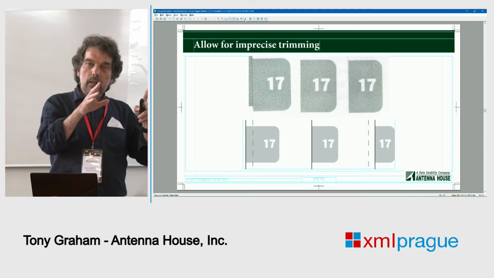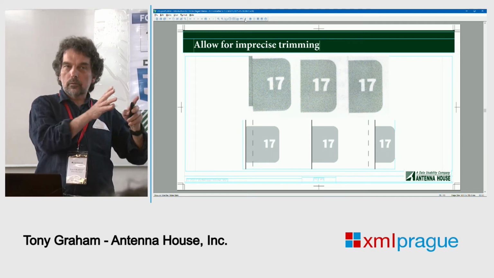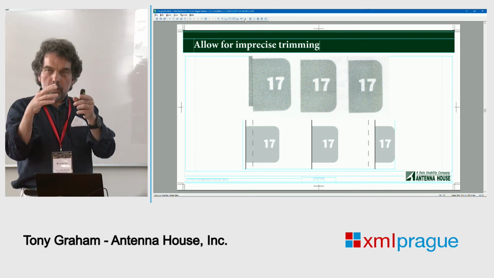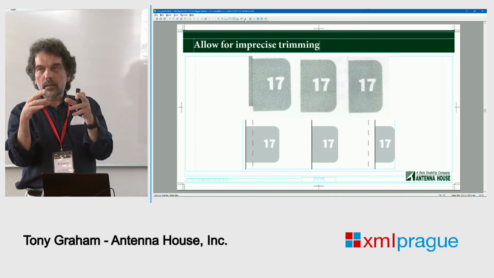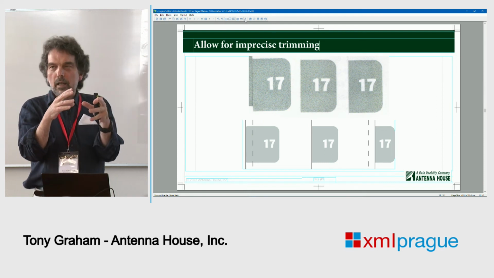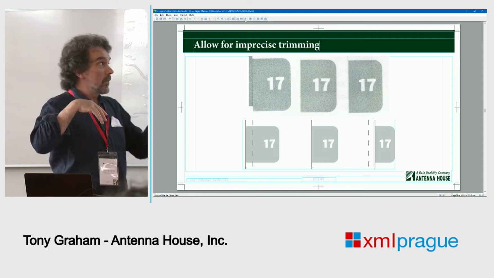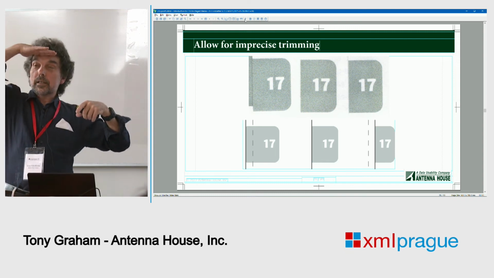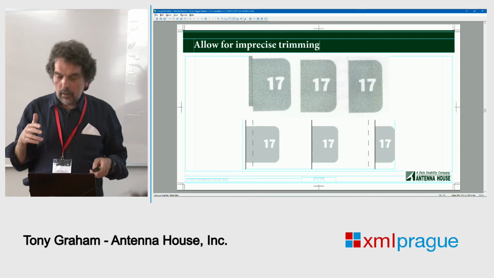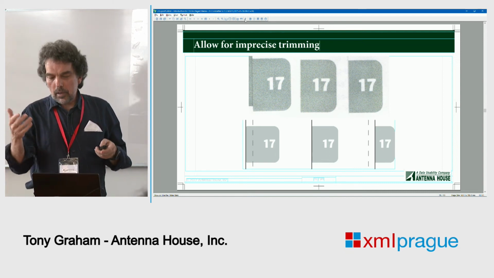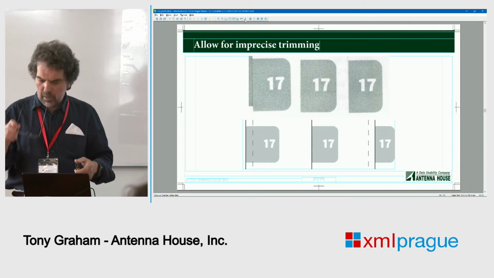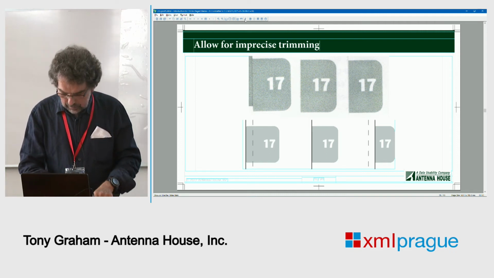If you're going to bleed, say, a photograph off the edge of the page, you should try and make sure that the interesting content, the people's heads and things, are a distance in from the edge of the page, because you don't want this sort of inaccuracy meaning that someone's head is cut off there, or you see half a person or something. Because this is one of the differences between the physical and the